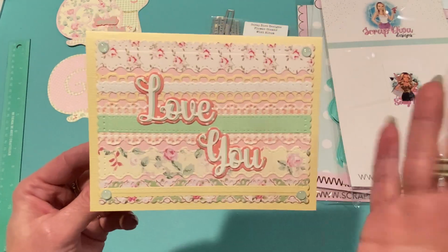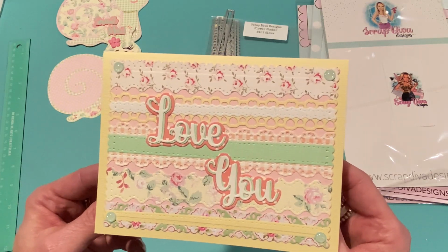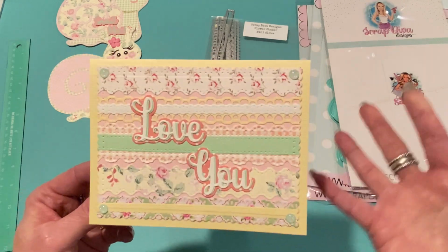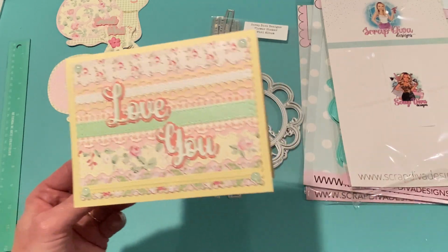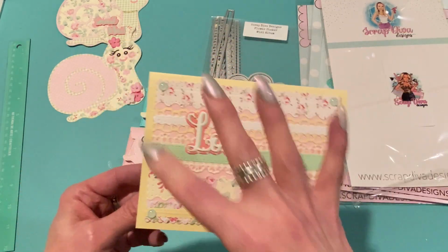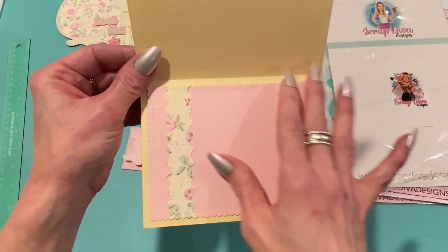And the strips you can cut down into any size you want. They're long, they're like 10.5 inches. So even if you don't have extended plates for your die cutting machine, if you're not using your straps to be that long, it doesn't matter. They could go off the sides of your plates and not cut anything. And that way, you'll still have the width of the plate, and you can cut them down into something like this. And then on the inside, I used that same die that I had in my stash to cut the